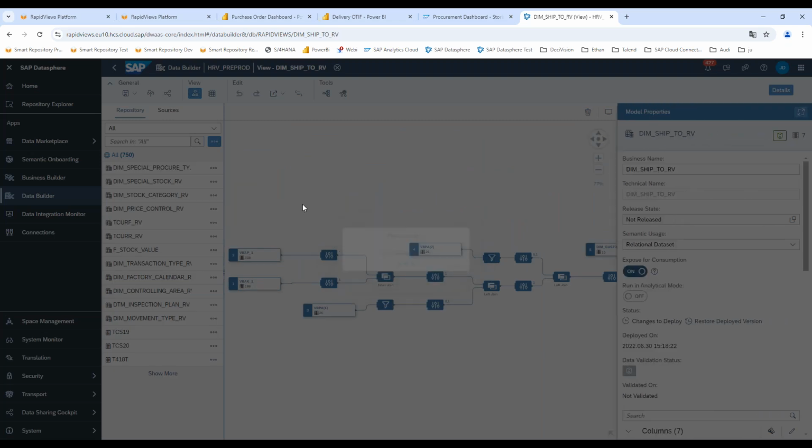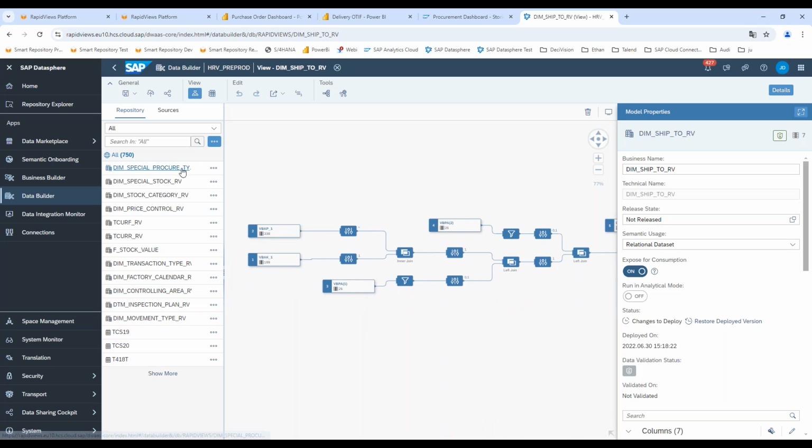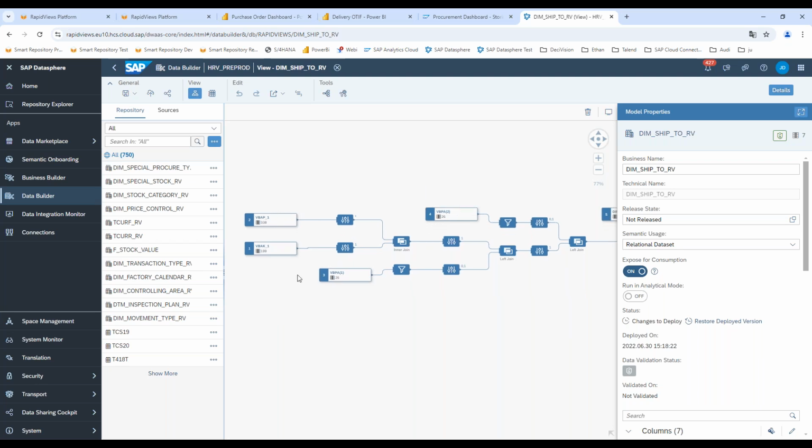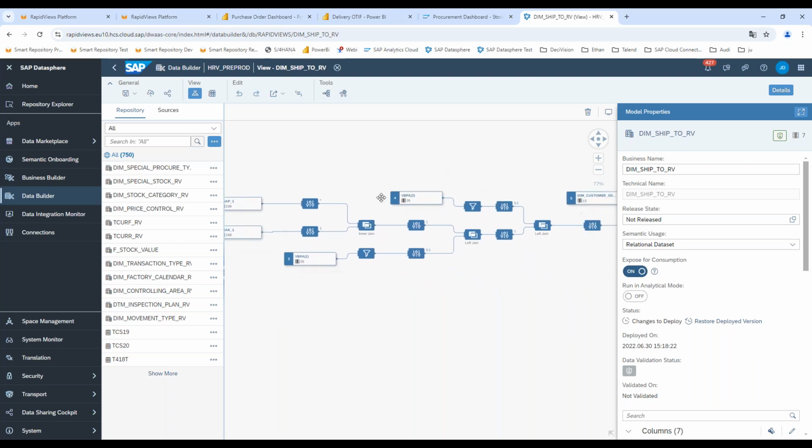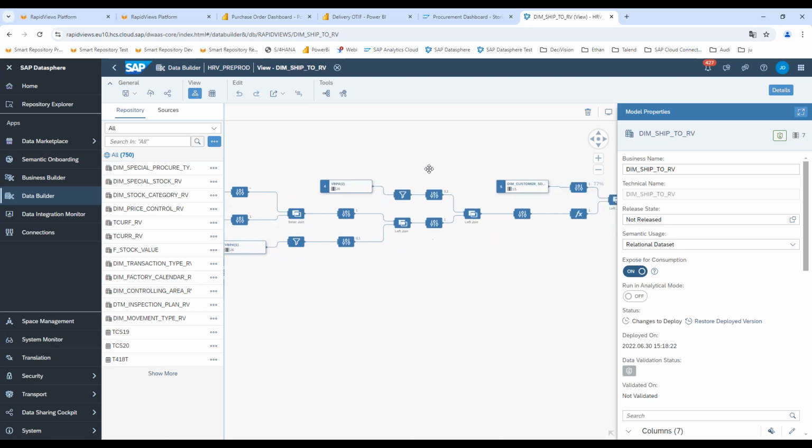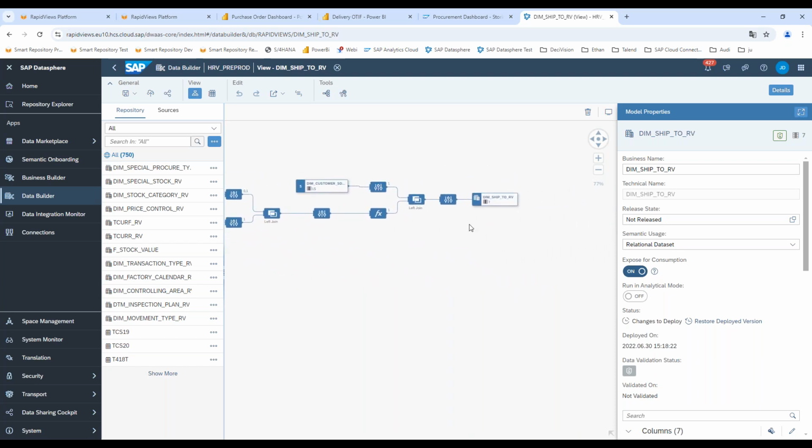When I click on the view, I open the view, and I can see the structure of the view. I can see all the sources available. For this view, I use 4 sources. I use multiple joins and transform features to, at the end, realize one view. And this development is realized for all the views and all the data marts of the RapidUse content.